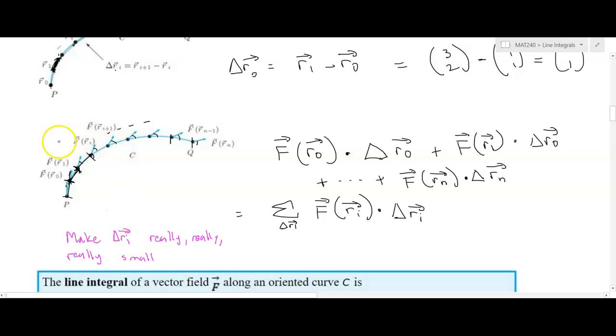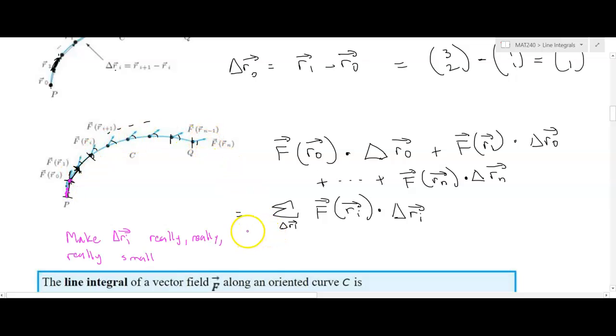Well, how do you do that? Well, you do that by, instead of having just these black points that we have along this curve, you put points in between the points, and you basically make infinitely many intervals, infinitely many tiny delta R vectors along this